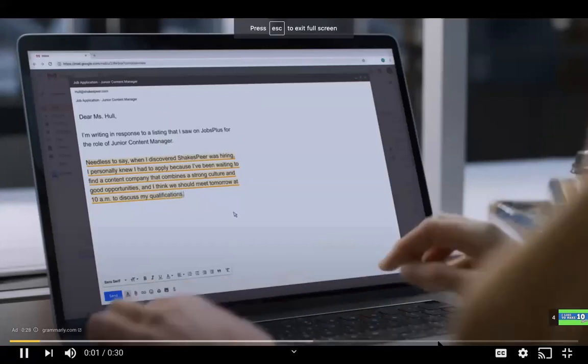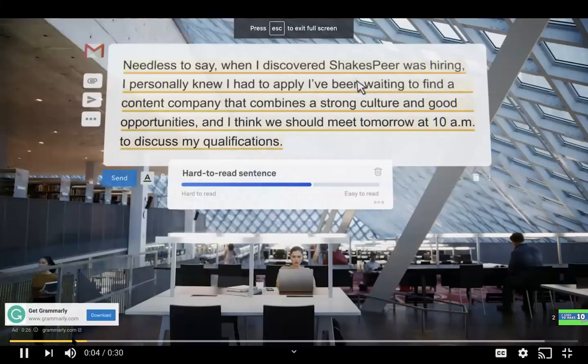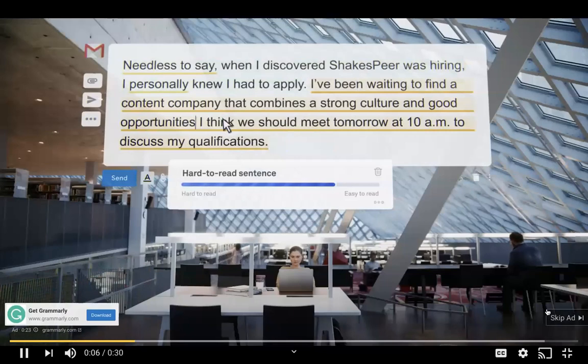Writing's not that easy, but Grammarly can help. This sentence is grammatically correct, but it's...